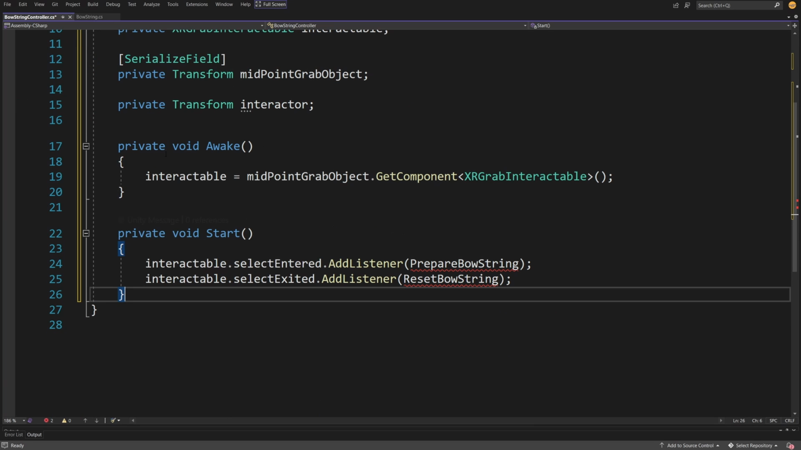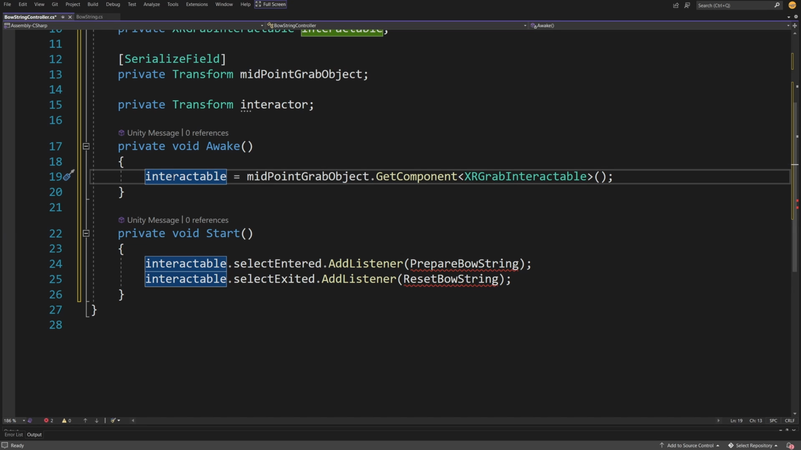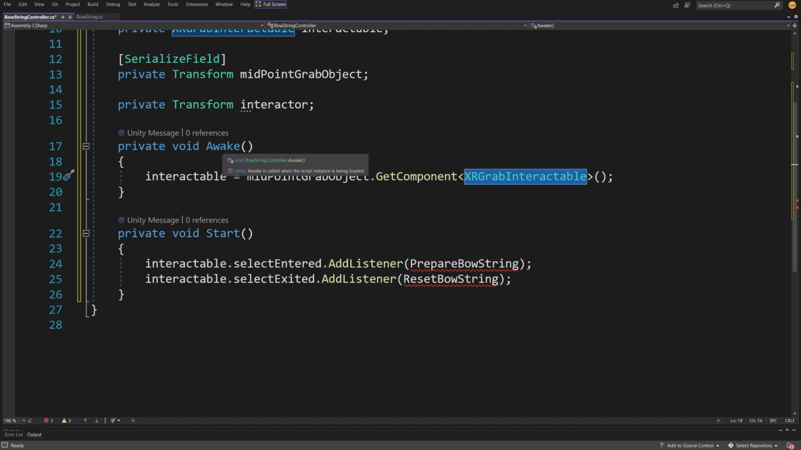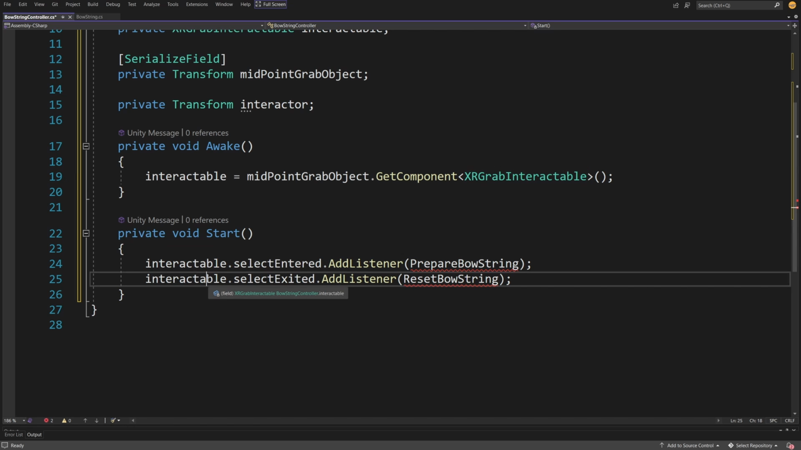So we are going to have a private void Awake, where we are going to grab the interactable reference by setting it to be midpoint grab object. So this is our cube that we are dragging using our other hand, GetComponent XRGrabInteractable. And this is it for the Awake. And we need to have this interactable because in private void Start, we are going to use